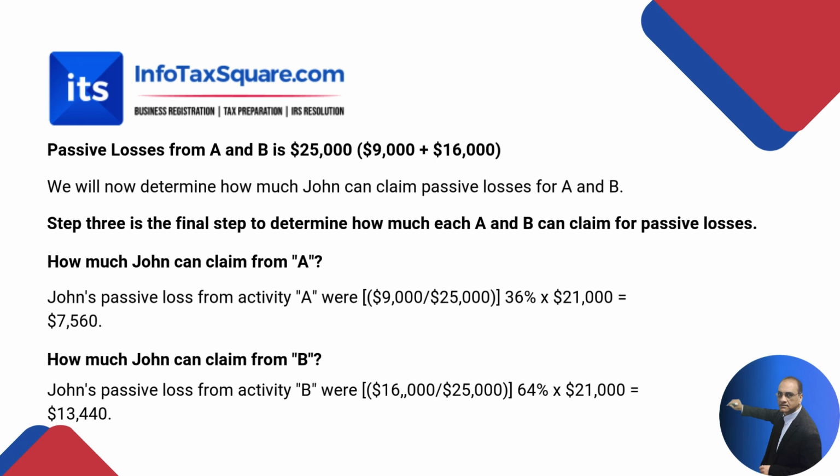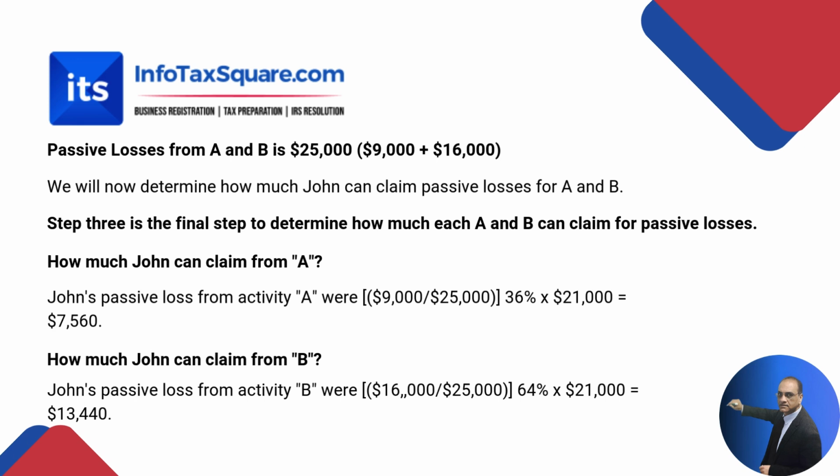John will allocate 36% to A and 64% to B. How did we come up with the 36% and 64%? John incurred $9,000 of losses from A, and the total losses from A and B were $25,000. So $9,000 divided by $25,000 is 36%, and 36% of the $21,000 is